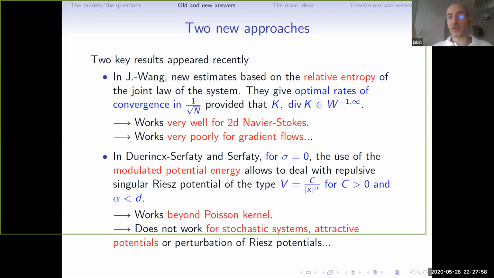So Riesz gases are deterministic gradient flows with a potential that is polynomial. So this is this guy. Those are repulsive, okay? V is positive. But they can even go further than Poisson singularity. The only requirement is that alpha is strictly less than d, which is extremely weak. That means that the gradient of V might not even be integrable. So this was hugely successful,